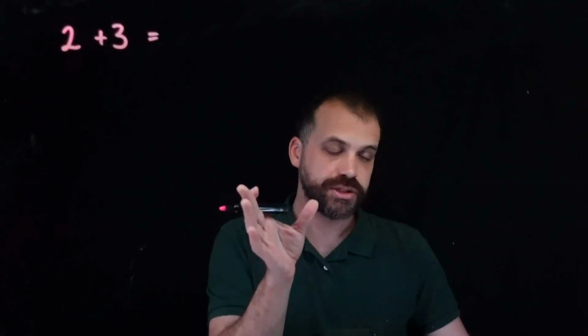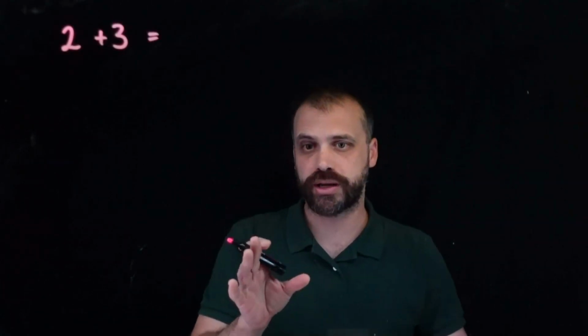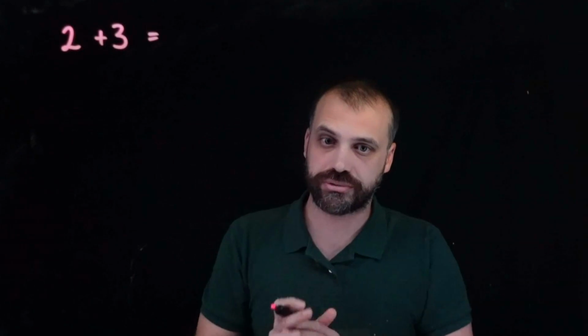So we're going to be adding and subtracting complex numbers here. And just like when you were in year 1 and year 2 and you were drawing pictures to understand what adding and subtracting meant, we're going to be drawing pictures to understand what adding and subtracting mean when it comes to complex numbers. So first, let's go all the way back to grade 1 and think about what 2 plus 3